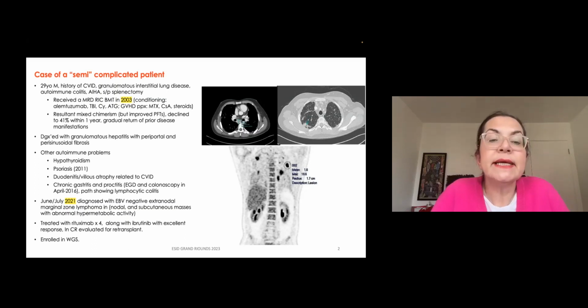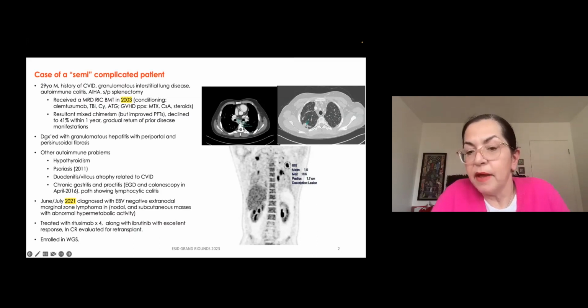He was diagnosed with granulomatous hepatitis and periportal and sinusoidal fibrosis at that point. Other autoimmune problems that surfaced prior to his referral to our center were hypothyroidism, psoriasis, duodenitis, gastritis, and proctitis, and he had a lot of lymphocytic colitis. As you can see, the CTs demonstrate the lung disease as well as mediastinal lymphadenopathy. And the PET scan here is showing hot, PET avid areas in the